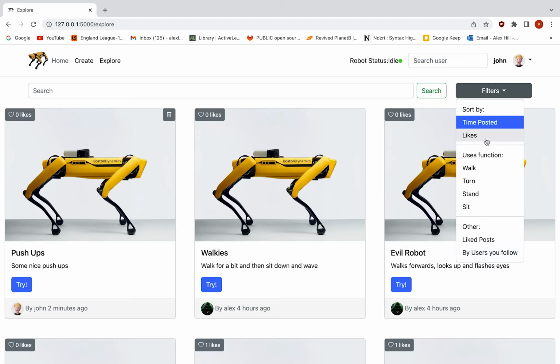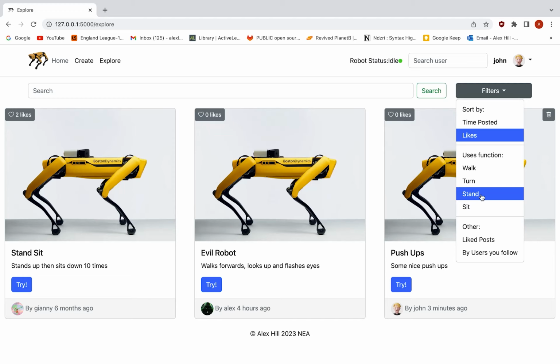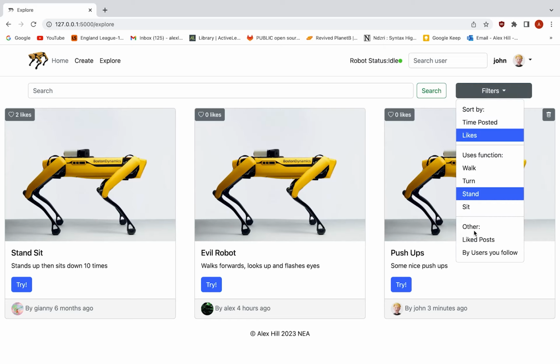Let's try sorting by the amount of likes. When I press this, you can see the post that has 2 likes has come first, then posts with 1 like, and then posts with 0 likes. Then we can also filter with the user function. Let's try stand. When we press this, it only returns routines which use the stand function in the routine code. Let's go back to sorting by time posted